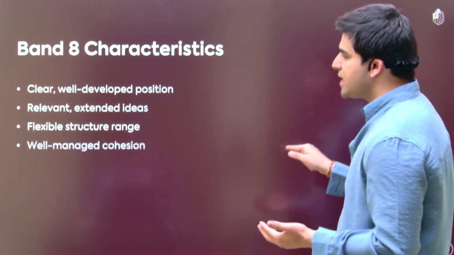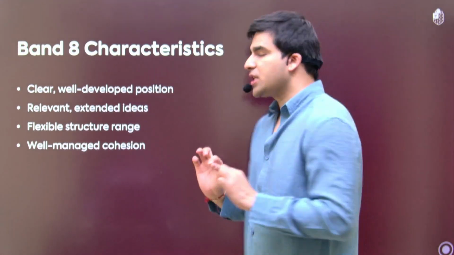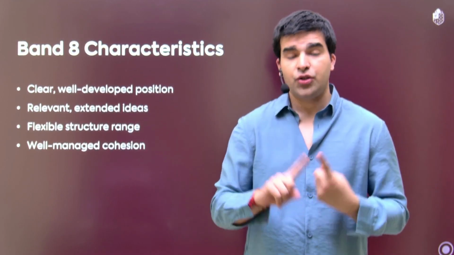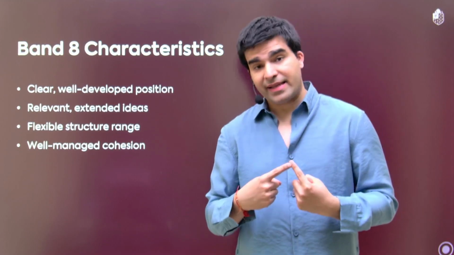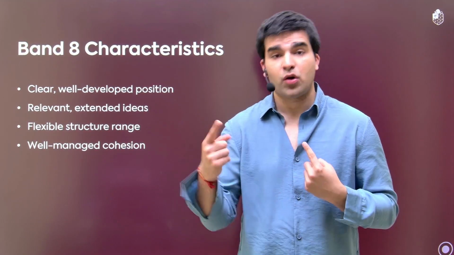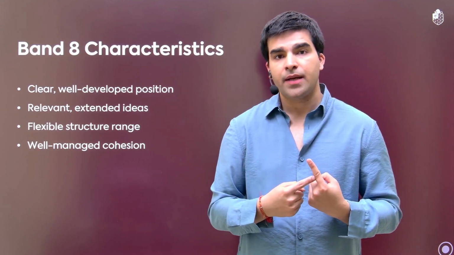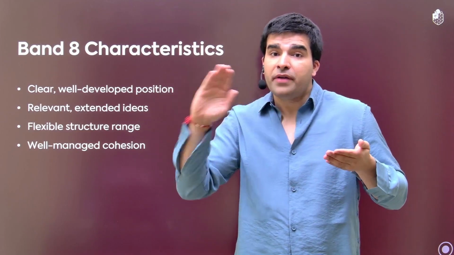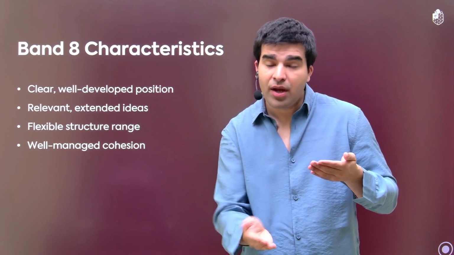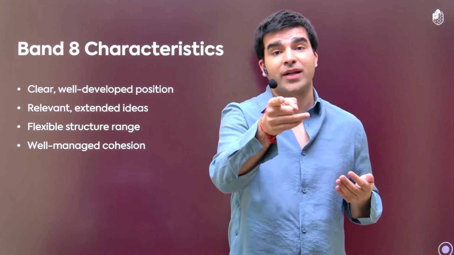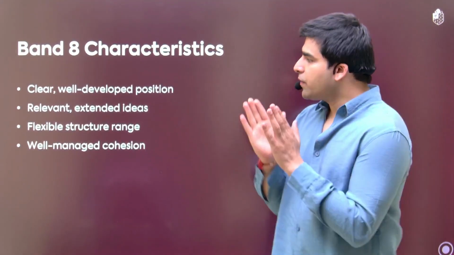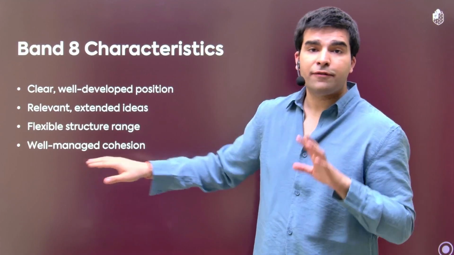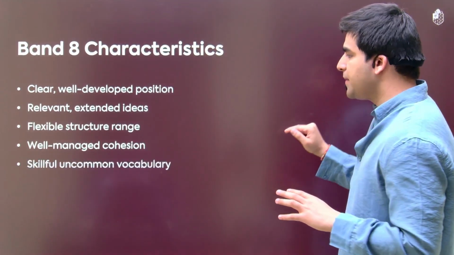Now, the next characteristic is well-managed cohesion. That means the flow is perfect. When you wrote your introduction, you made sure that you write a thesis sentence, an outline sentence, and of course the paraphrase sentence which goes in the beginning. And then after that, you moved to your first main idea, and then you're moving to your next main idea too, and then eventually, finally, what comes in the end? Conclusion. So the most important thing here is you're managing your essay properly. There's a proper flow from the top to the end. And the last thing is